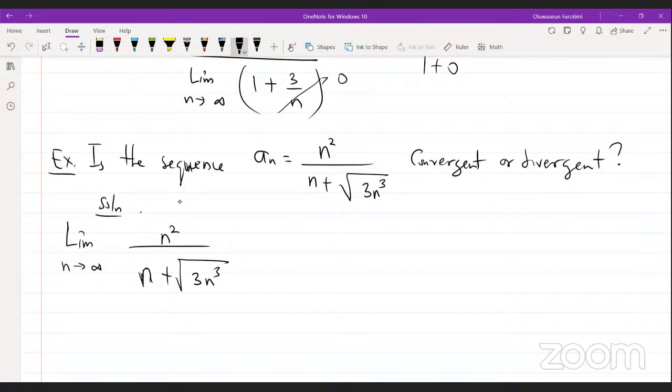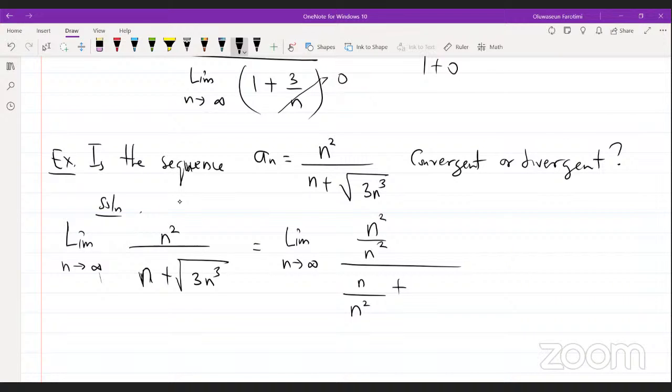Now, how do you do this? Again, when you compute a limit, you don't just plug in infinity. That would be wrong. You try to simplify it. I have to find a way to simplify it. Using my knowledge of limits, you have to divide by the highest power of n. It turns out that the highest power of n in this case is n squared, not n cubed, guys, because this n cubed is under the square root. So you do n squared divided by n squared, all divided by n over n squared plus